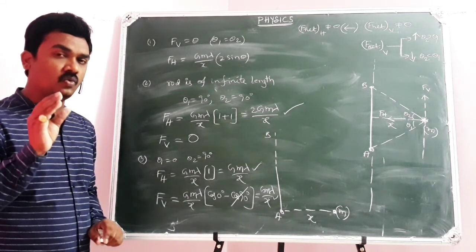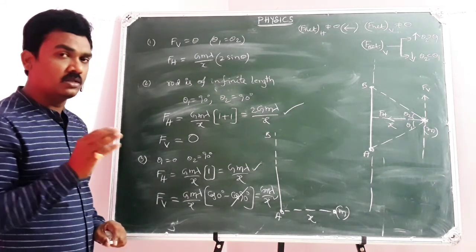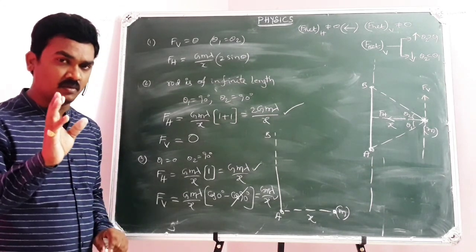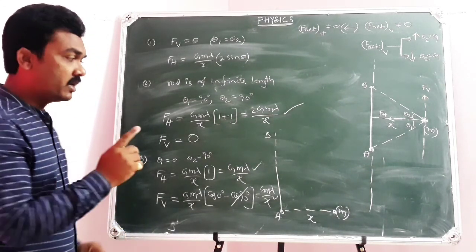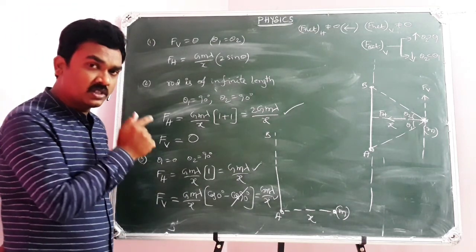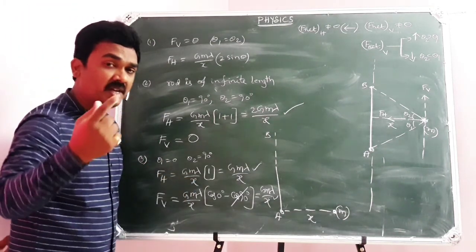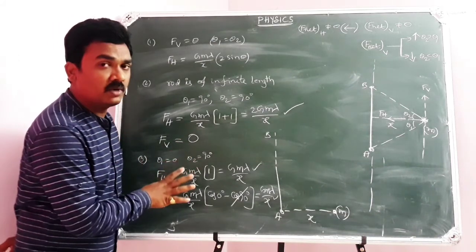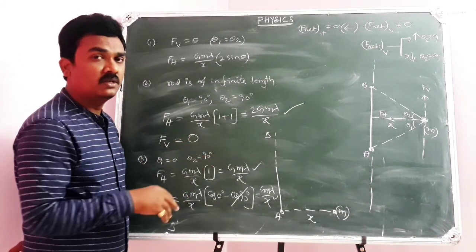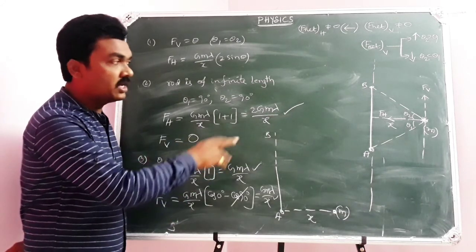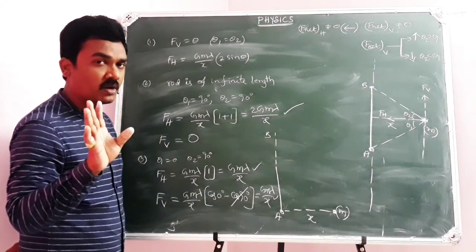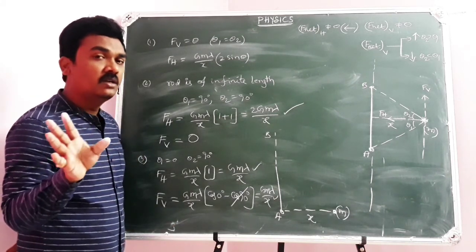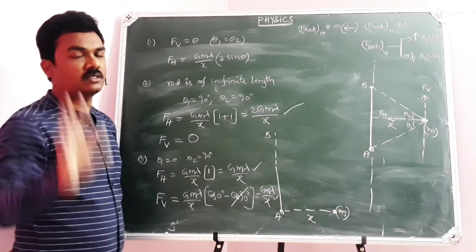Because once you are up to the mark with the basic knowledge of gravitation, the further subtopics in gravitation will be easier. I will get back to these points. I will use these conclusions in the coming classes also to explain other subtopics. So if you are not familiar with these conclusions and concepts, not the derivation, the conclusion and concept, you can't understand the coming concepts of gravitation and electrostatics.